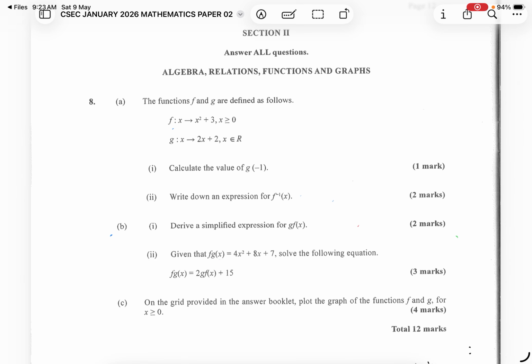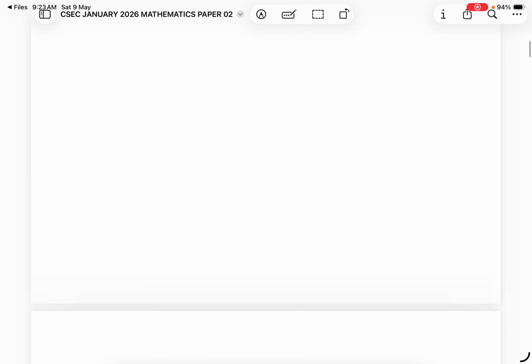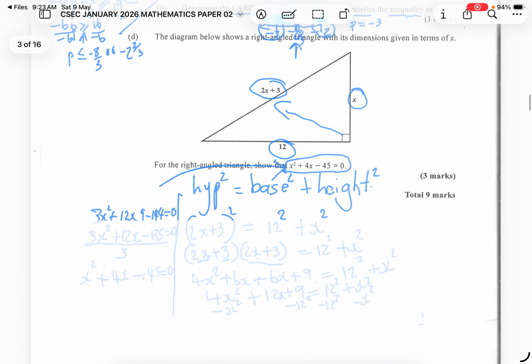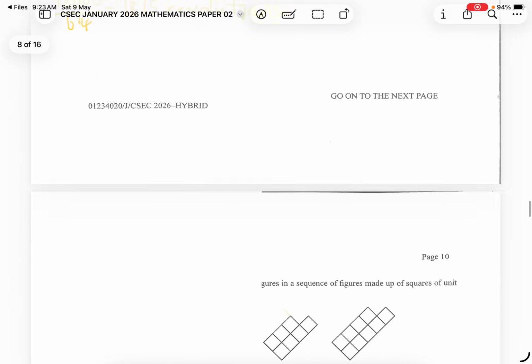All right, so we're at number 8. This section is algebra relations, functions, and graphs. Part A of section 8 says the function f and g are defined as follows. Now, how this is expressed, a lot of students generally misinterpret or misread it, but I want to tell you that the expression of the function f and g are the very same things that you're used to seeing in class, where a teacher would write,